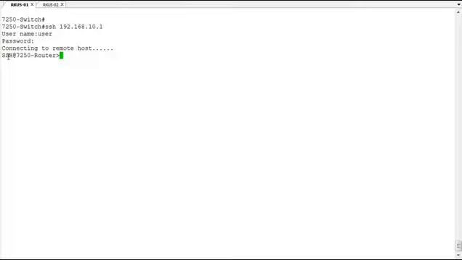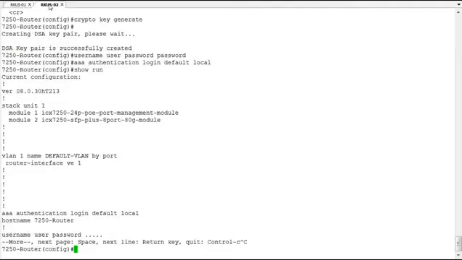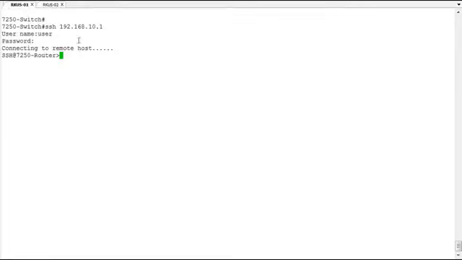So we get a prompt that says SSH connection to the 7250-router. That's the prompt over here from this router. So there it is, 7250 router. That's the host name for it. So we are connected to the host, and we can get in here and perform any configuration we want to run. We can get into configuration mode